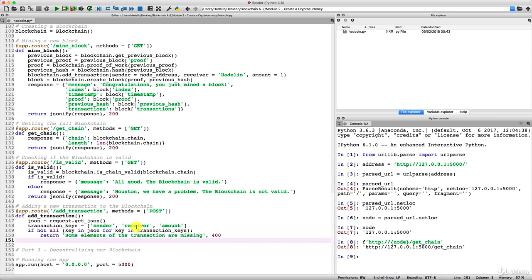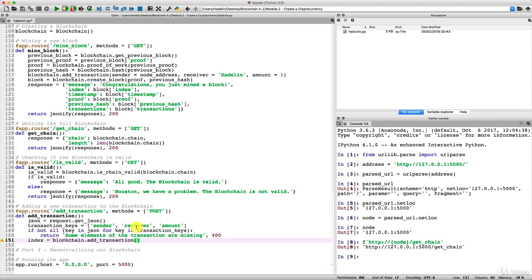We're going to get that index by calling the addTransaction method from our blockchain object, right? Indeed, because addTransaction is a method of our class, so we need to take the self first. And here, since we are out of the class, the self corresponds to the object created, that is blockchain. And from this object, we get our addTransaction method, which takes as arguments exactly the values of the keys of the transaction.